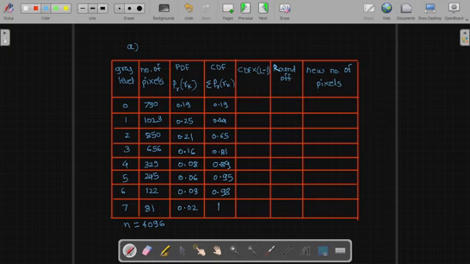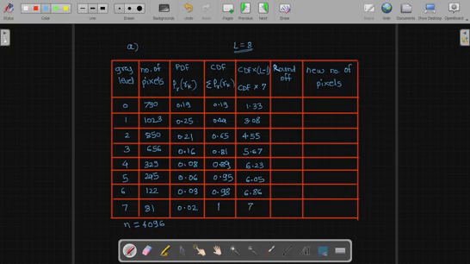Next we have to multiply this CDF by L minus 1. Capital L in our case is 8, since 8 gray levels are given, 0 to 7. So L minus 1 will be 7. Multiplying the CDF with 7 we get 1.33, then 3.08, next 4.55, next 5.67, next 6.23, after that 6.05, next 6.86, and the last value is 7.